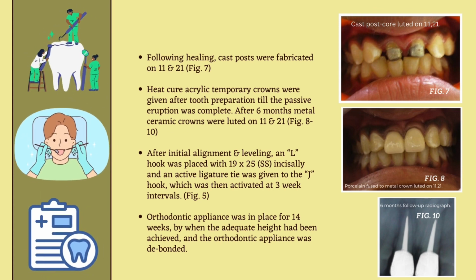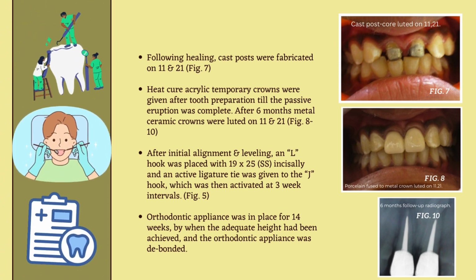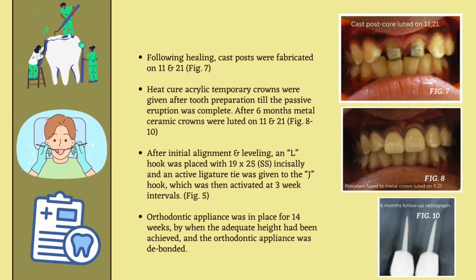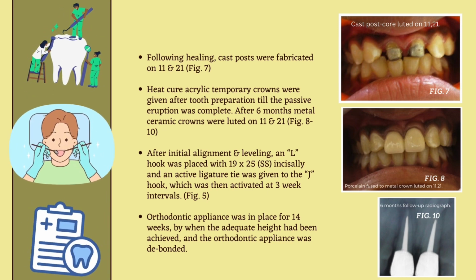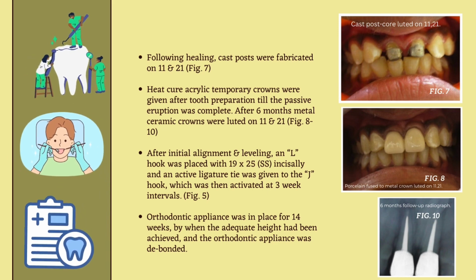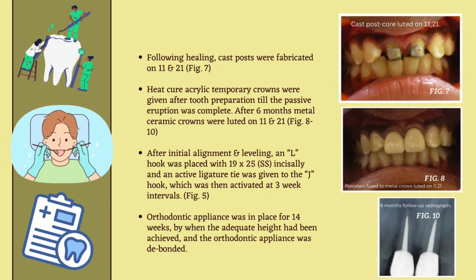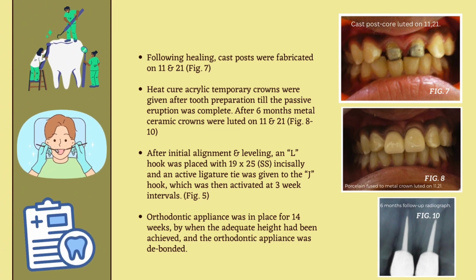Fig. 8, 10. After initial alignment and leveling, an L hook was placed with 19x25 SS incisally, and an active ligature tie was given to the J hook, which was then activated at 3-week intervals. Fig. 5. Orthodontic appliance was in place for 14 weeks, by when the adequate height had been achieved, and the